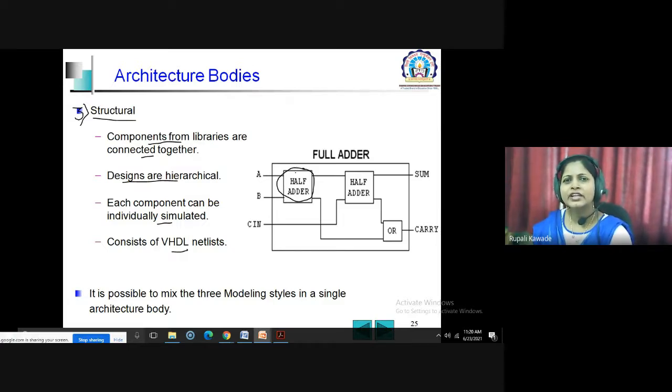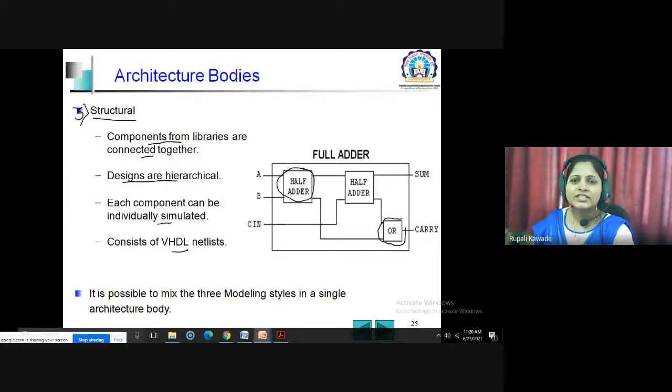Okay, you are simulating it, compiling it completely, and checking its functionality. After that, you are going to instantiate it two times. So I need this block of the half adder two times, so I need two half adders. But the individual functionality of both half adders will remain the same. Similarly, I will design an OR gate, compile it, and verify its functionality, and that will be one module I have created.